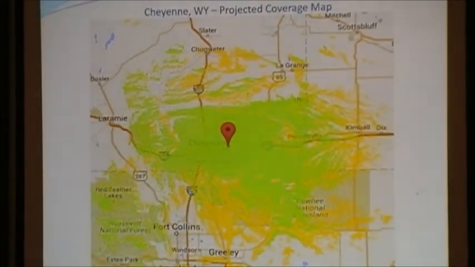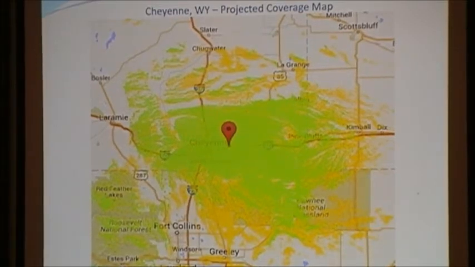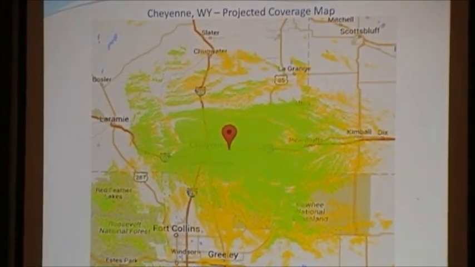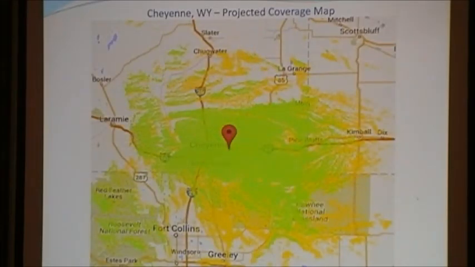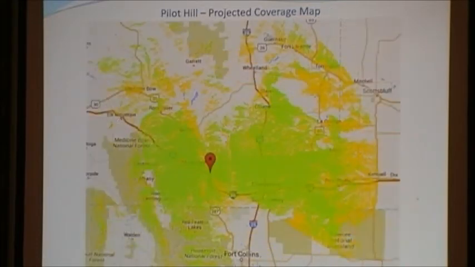Let's take a look at some of our coverage maps. The green signifies really good coverage, basically. The yellow is marginal. So this is our Cheyenne Tower, at Archer Overpass, which is just east of Cheyenne. This is the projected map for Pilot Hill, the Laramie Tower. You can see there is going to be some overlap out in here. But if we go back, you can see that this area up in here is not covered by the Cheyenne Tower,